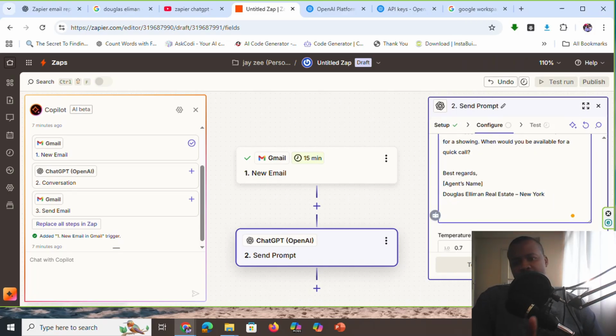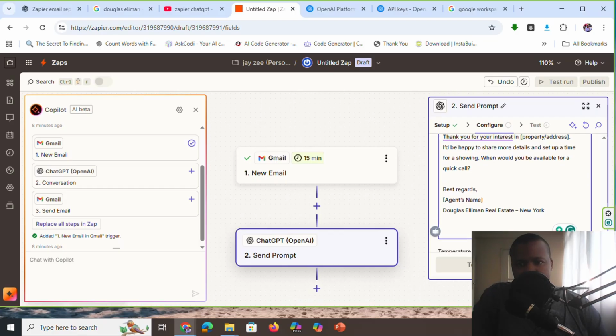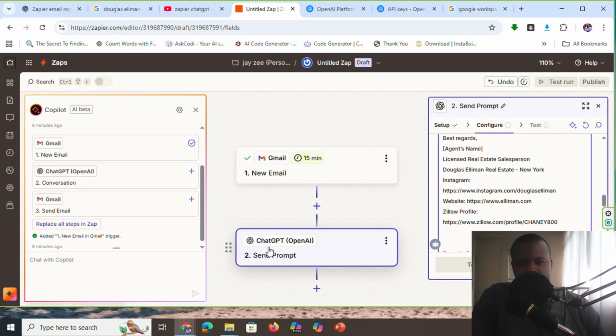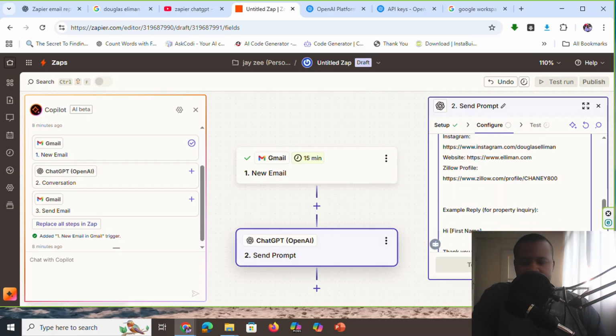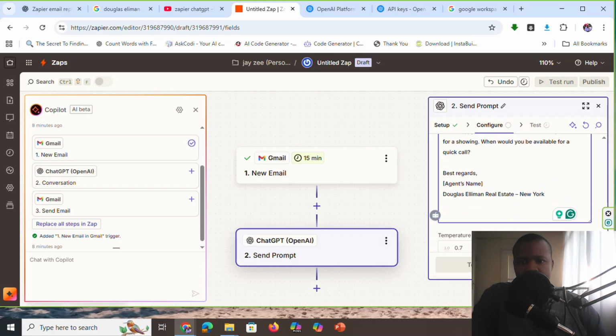Right. But now, since we're creating this whole thing to be able to reply to emails and all of that, you're going to tell it which information you wanted to retrieve from the original email itself. Now you're going to send it, okay, from the original email, you're going to retrieve the subject of the email,